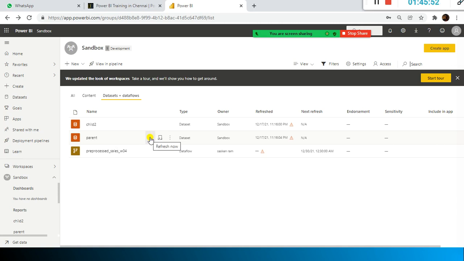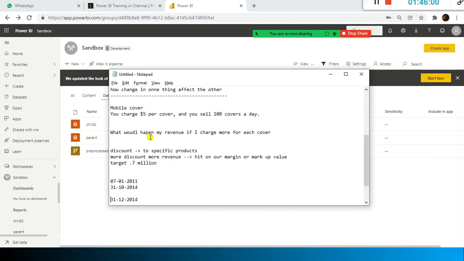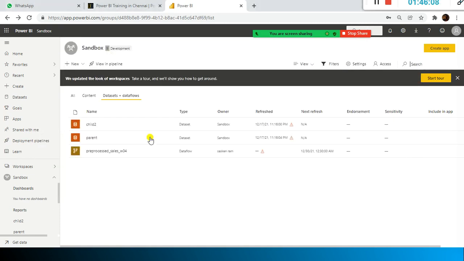I don't want the entire file to be refreshed, because in my business we started on 7/1/2001, and until the 10th month of 2014, whatever data is there, you load it only once. If I click it more than one time, it will try to reload the entire file again and again.